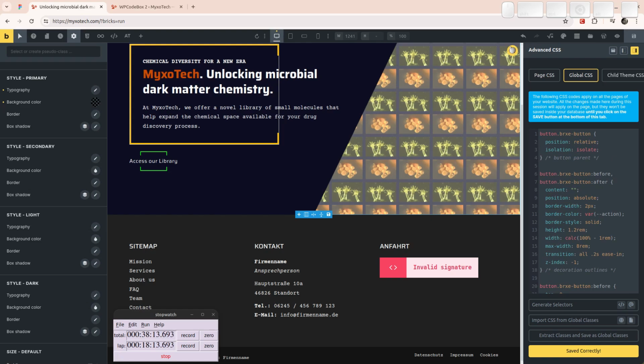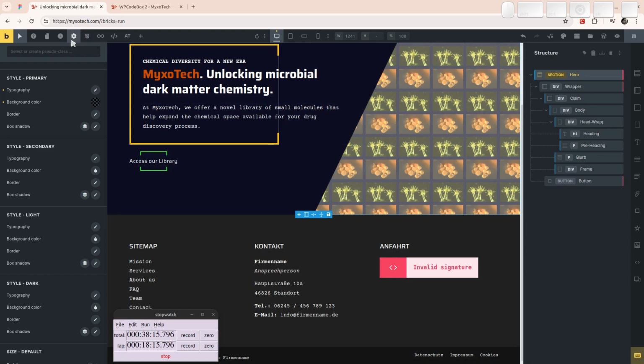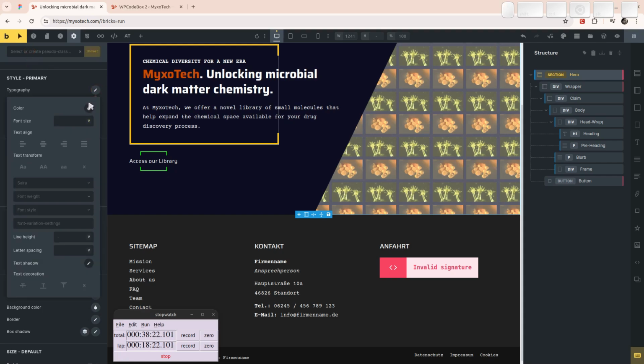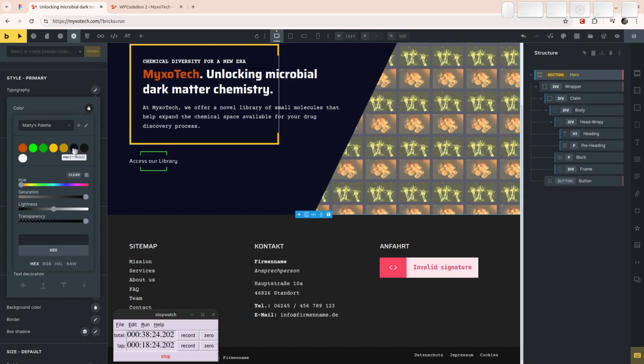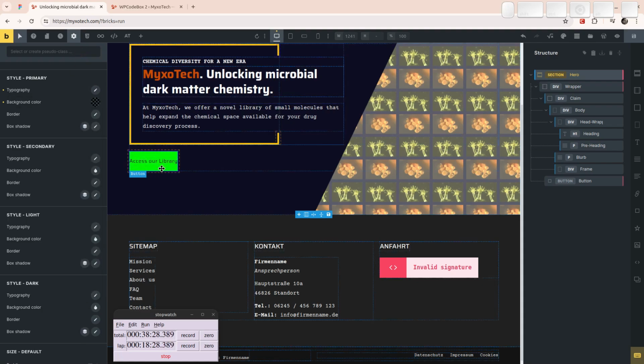So when we're hovering over the button, it gets another text color. Style primary, hover, typography, color, dark. Okay, and now I undo the hover. There, right? And what I kind of need to do now,